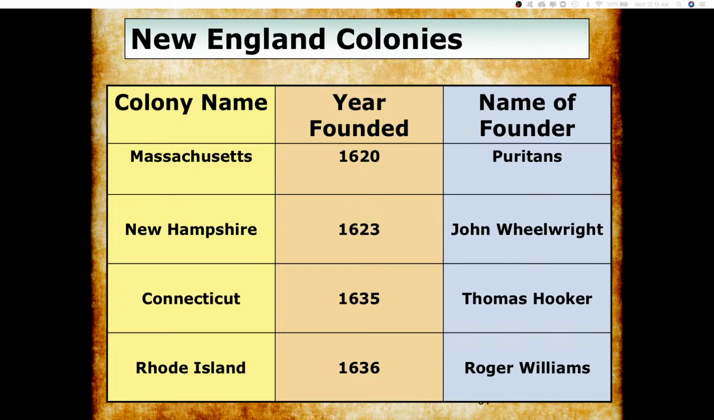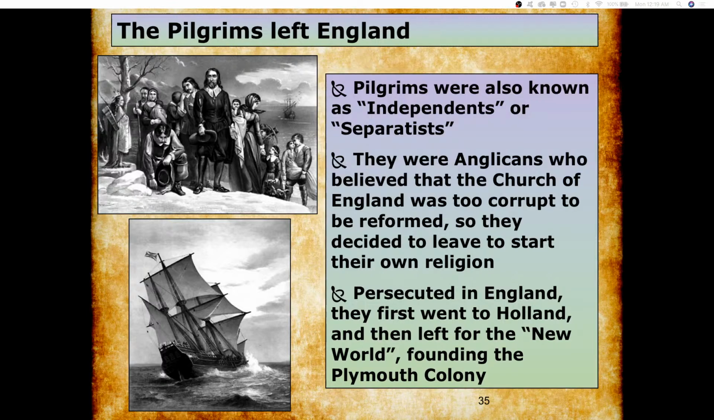So, first up, we've got the Pilgrims, and the Pilgrims are going to settle in Plymouth. At first, guys, the Pilgrims came from England, okay? They were persecuted in England for their beliefs because these guys are known as separatists. They didn't agree with what the Anglican Church was doing at the time, and they decided it was too corrupt, and instead of fixing it, they wanted to just start their own thing, start their own religion. So they left to Holland, and in Holland,